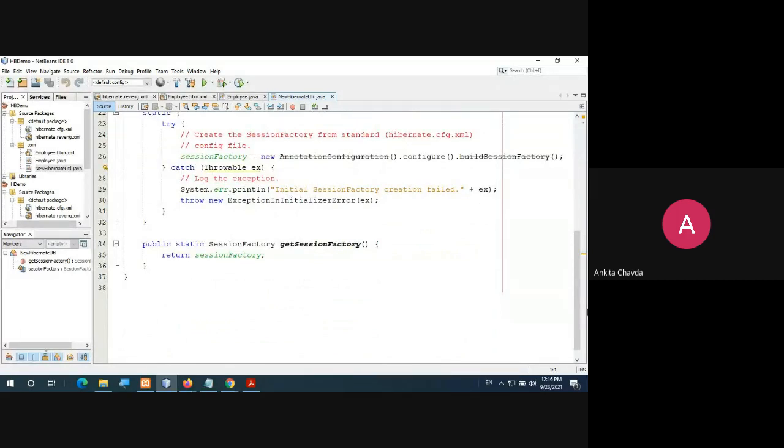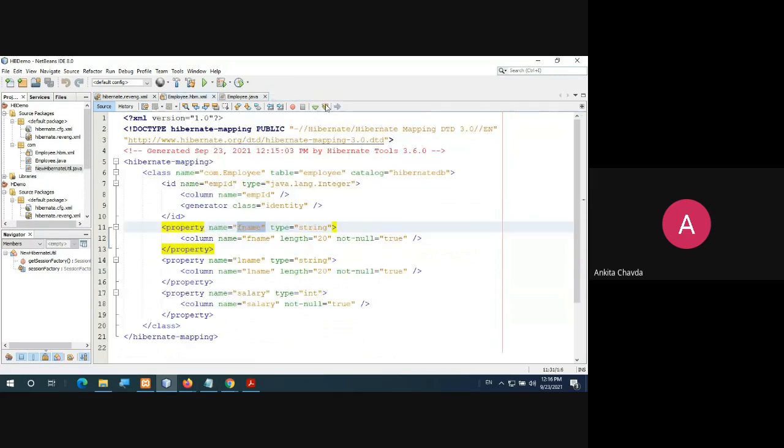It's not having any other use. It's fine. Just create it, leave it, and close it. We don't have any work with that. Okay. After that, now you need to create your .java file where you will write the code for a database.